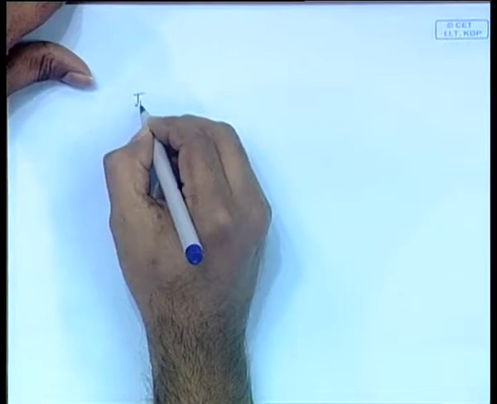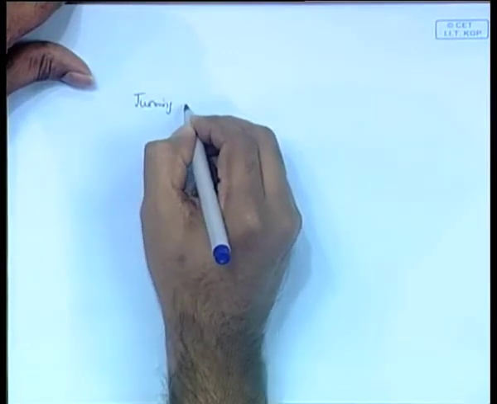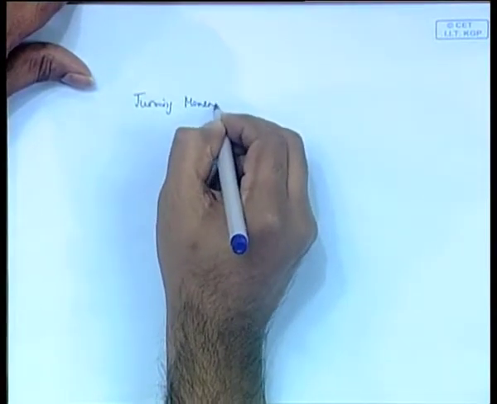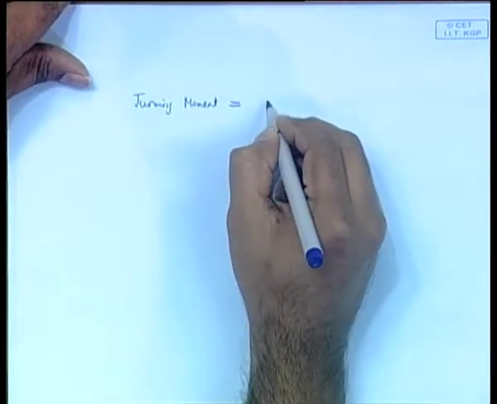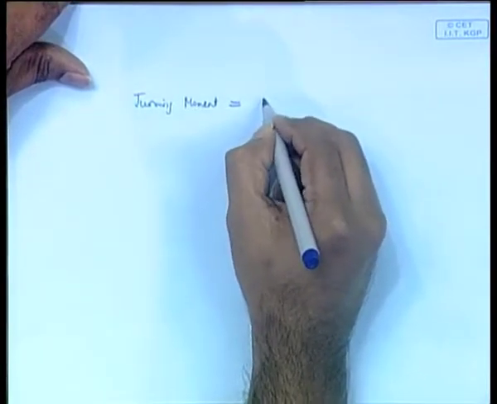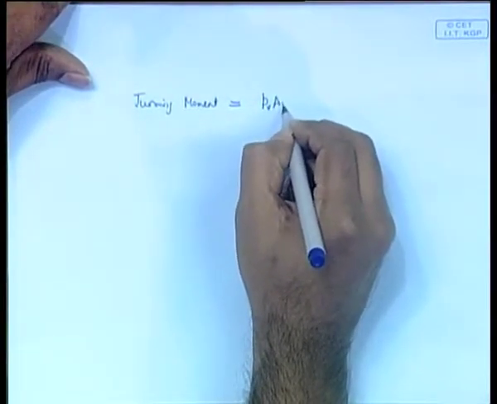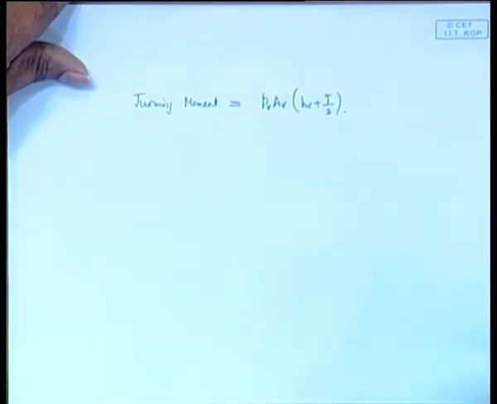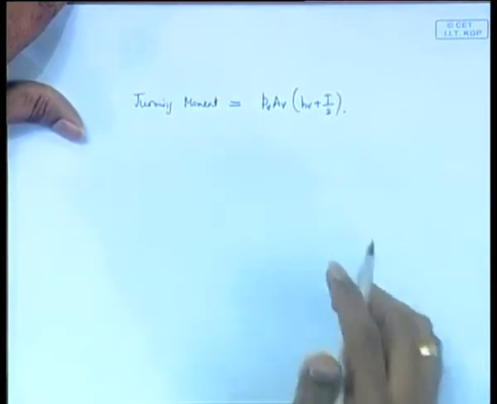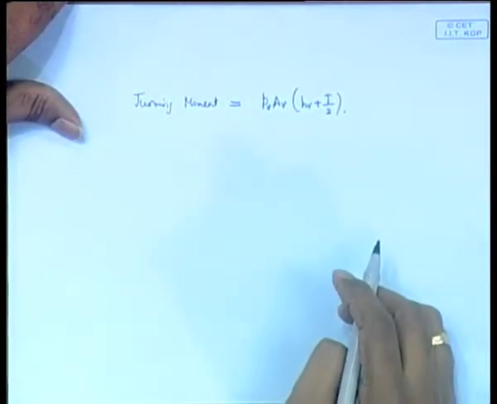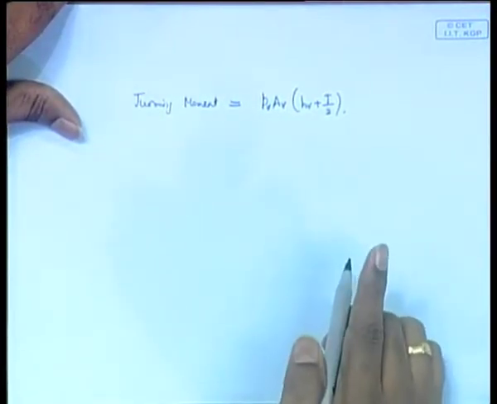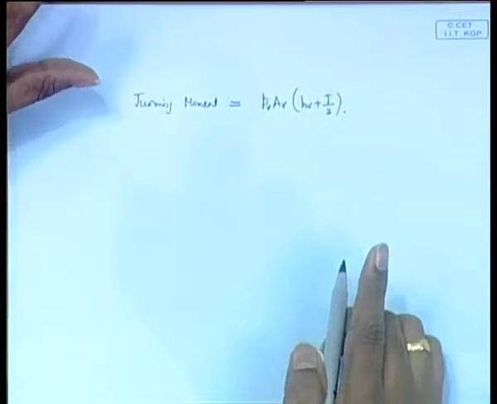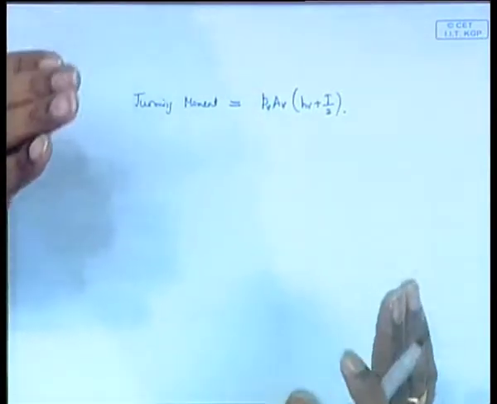So, the turning moment is equal to F into distance between them, which is PV AV into HV plus T by 2. Okay. This is the turning moment, and the turning arm on the ship, okay, it is not the turning arm of the wind, it is the turning arm on the ship. I will tell you what is the difference,